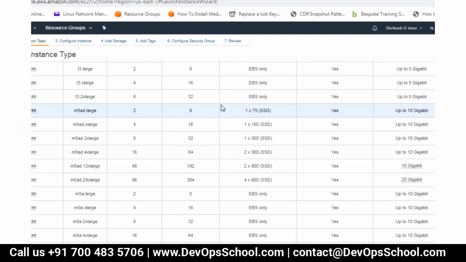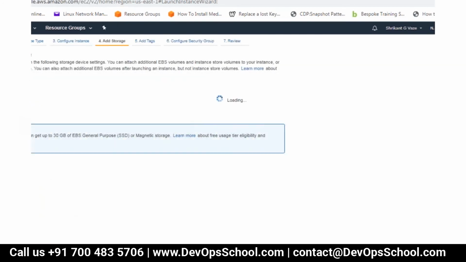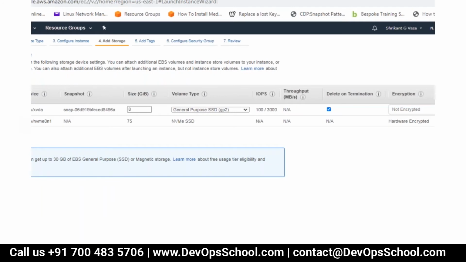So if I select this, for example, don't do that. This is for demo purposes. So here, if I go in the add storage part, now the root disk is an EBS disk. But the ephemeral disk, now it will clearly mention this as an ephemeral disk, and I don't have any control on this size.